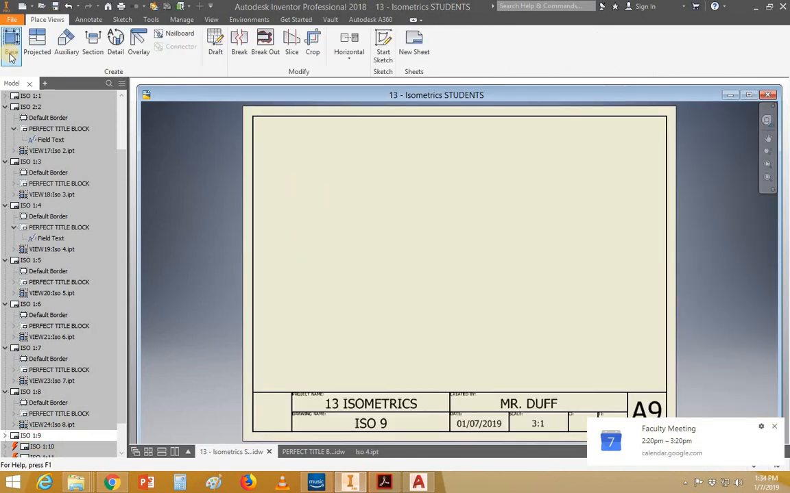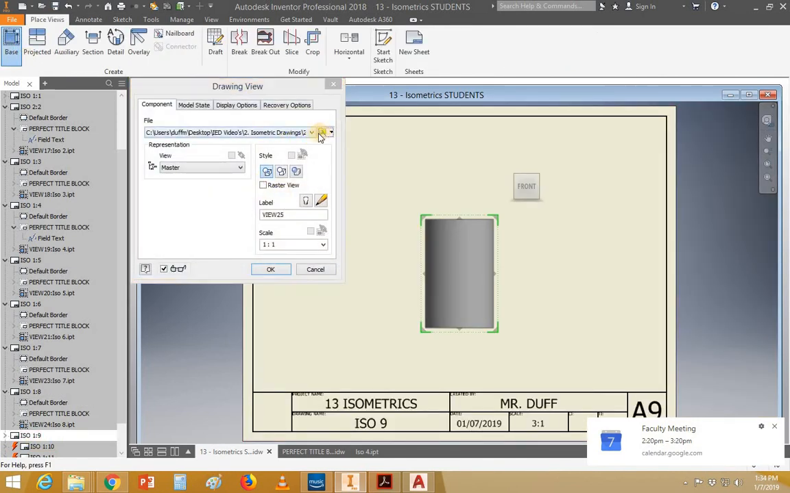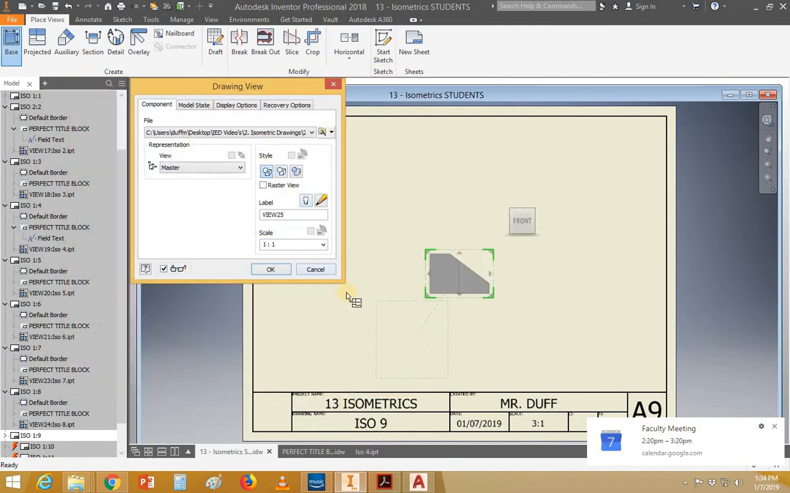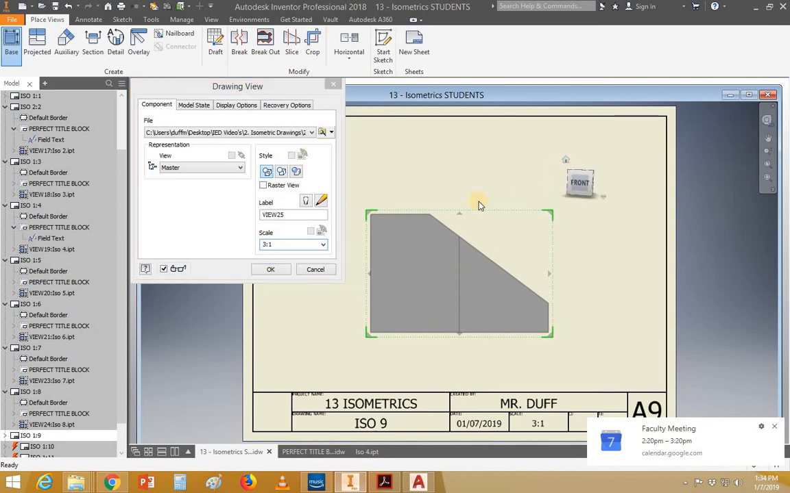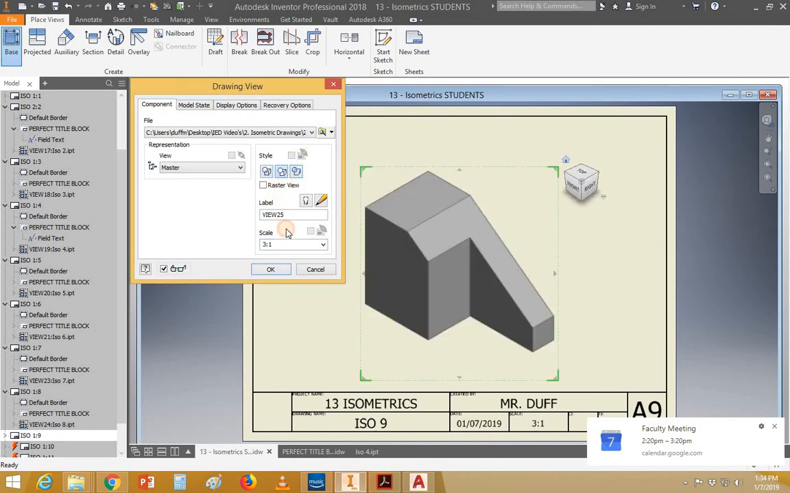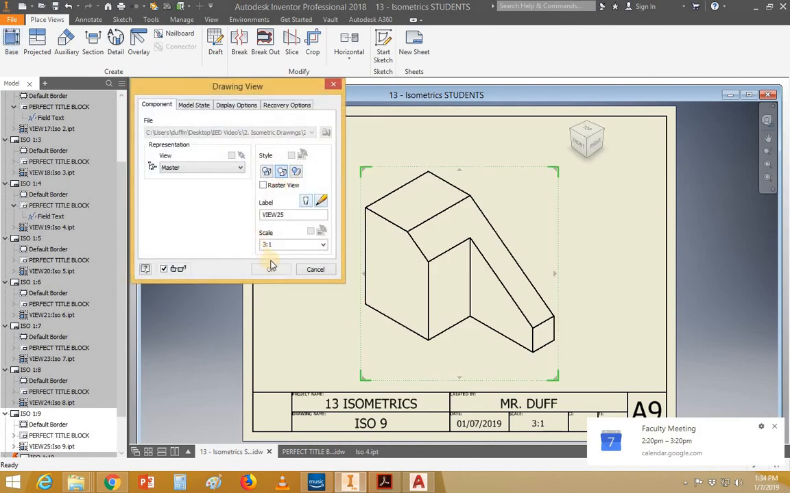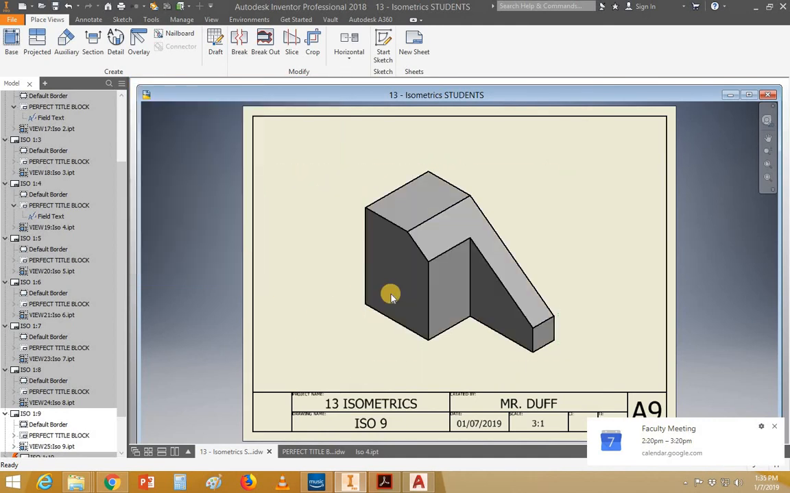Going to 9. Go to place view. Go to base. 9. Going to make this 3 to 1. And choose our home view. Click and click. Say OK. I must have just unclicked. Okay,